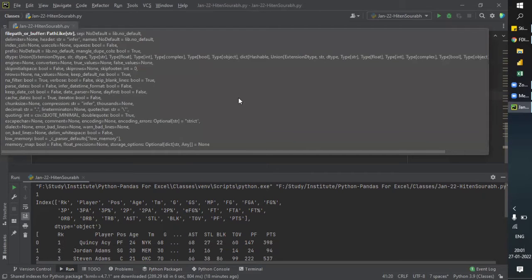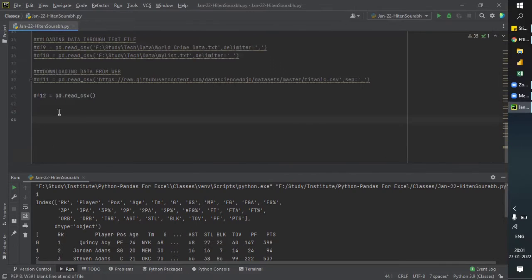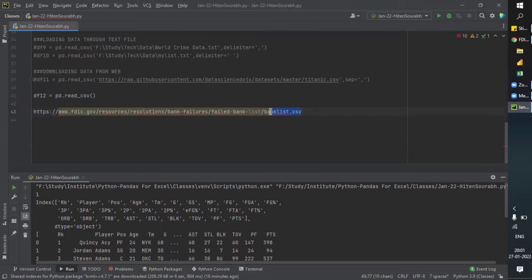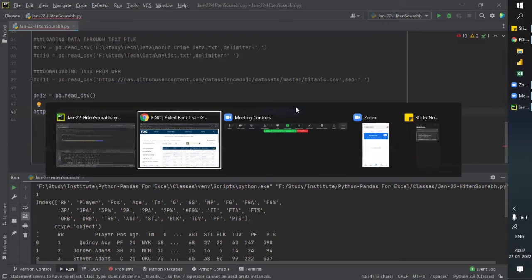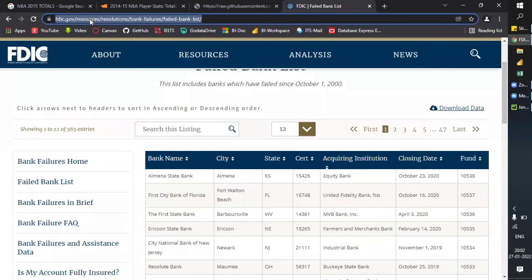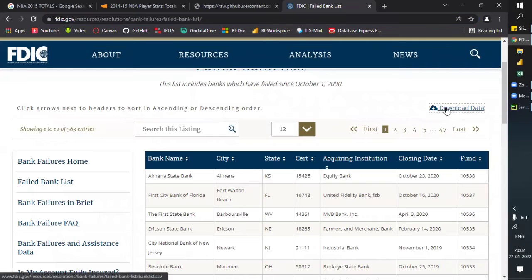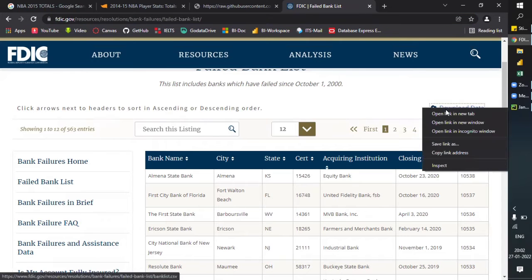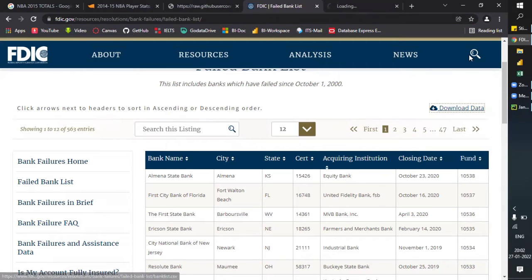Sorry, it's an HTML format. Before that, let me paste this, and you can see it's bank list dot CSV. Let me open it in a new window, just open it.